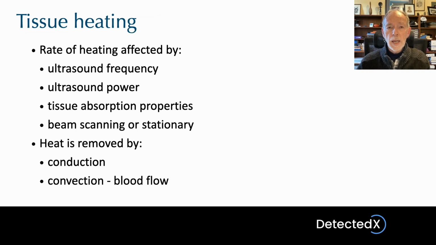So we'll start by looking at the heating of tissue. You'll remember that ultrasound's absorbed by the tissues as it passes through those tissues, and this causes heating. What's going to affect the rate at which the tissue heats and the amount that it heats? Well, the ultrasound frequency is important. You may remember that attenuation is exponentially related to frequency. As the frequency increases, the attenuation increases dramatically, so heating is going to be much more pronounced at high frequencies